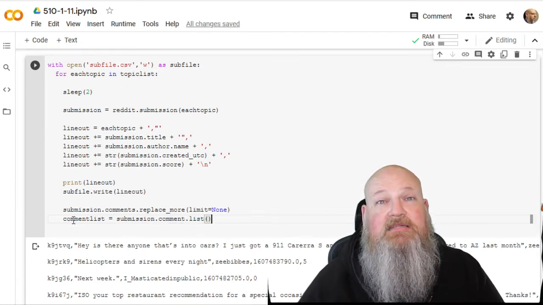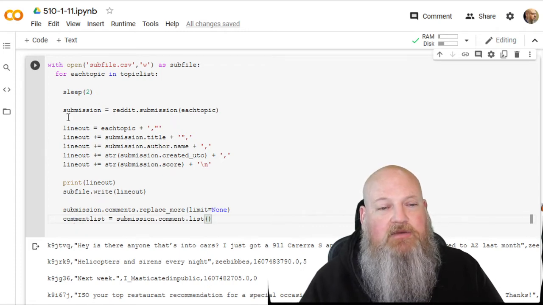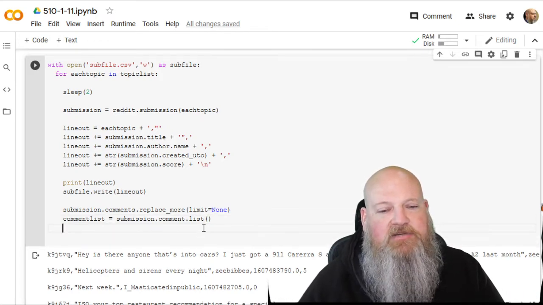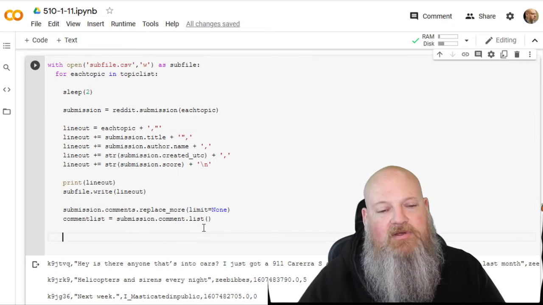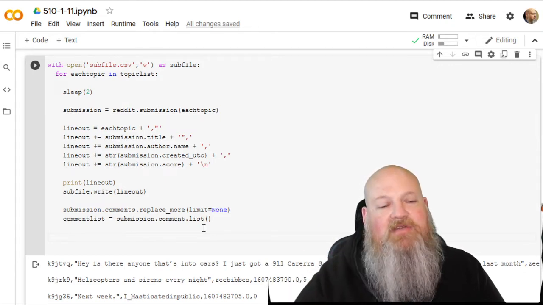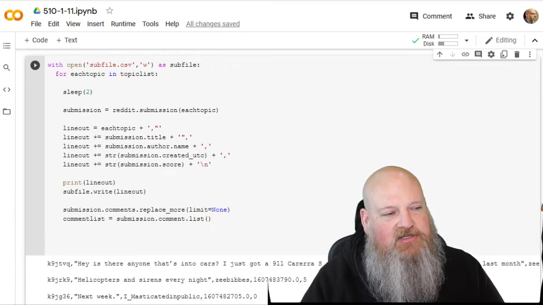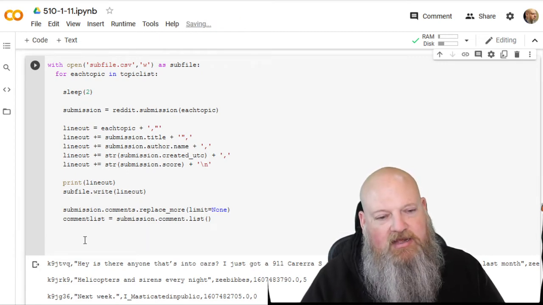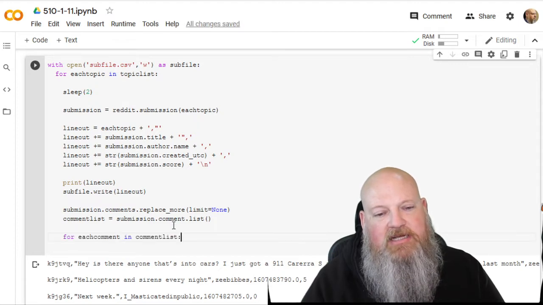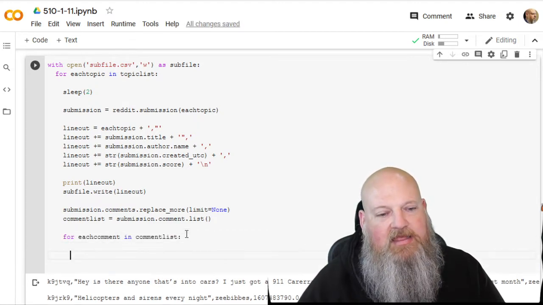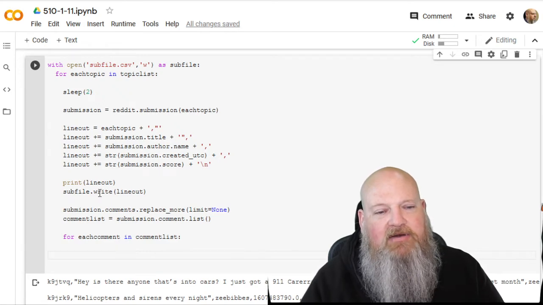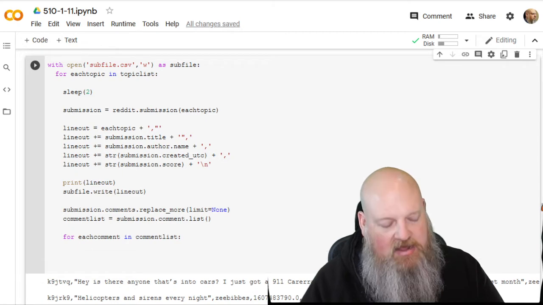What this gets me is a list of comment objects. Just like we had a submission object here, we now have a list of comment objects. And with those comment objects, we can iterate through those comments and basically repeat what we've done above. So I'm going to cheat here and just pull this in real quick. We're going to do a quick for loop over each of those comment objects in this list. And we've used line out and written it here, so we can reuse that again. We don't have to come up with a brand new